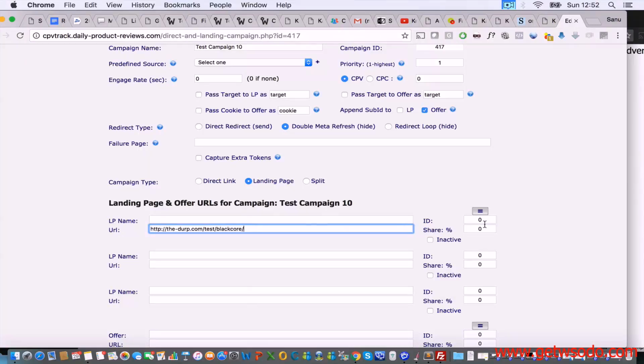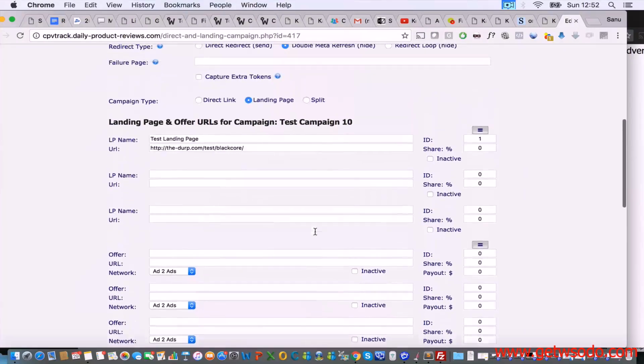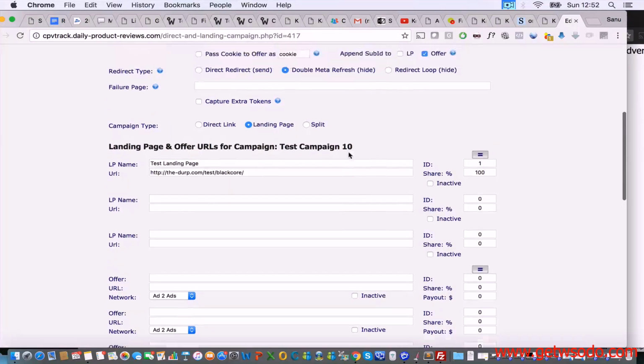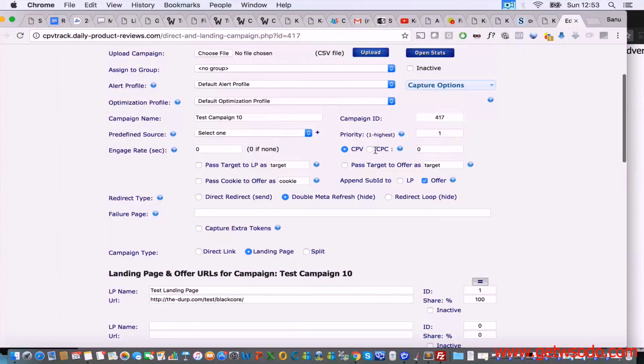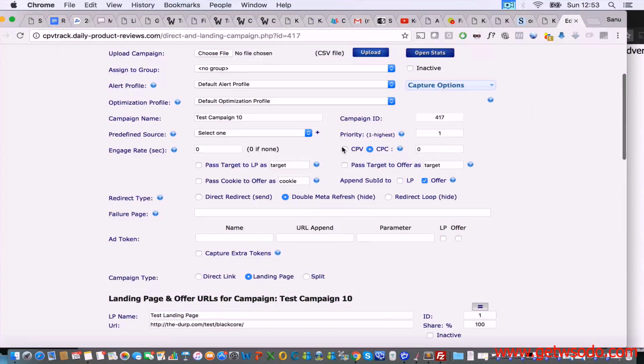right here. Make sure you give an ID. I'll just call it test landing page. It doesn't matter what we call it. And let's just call the ID 1. Make sure that with every single landing page and every single offer, you give it a unique ID. And let's put the share to 100%, which means that this landing page is going to get 100% of the rotation. Cost per click, we can change that as it is,